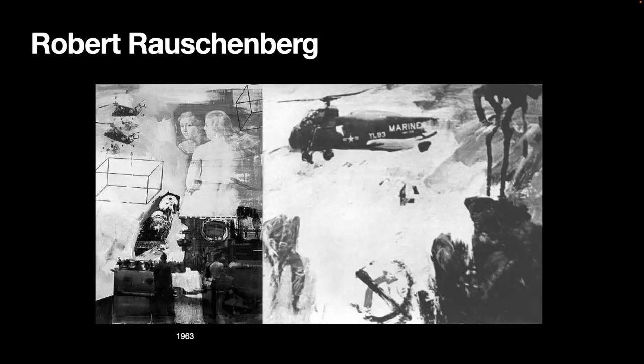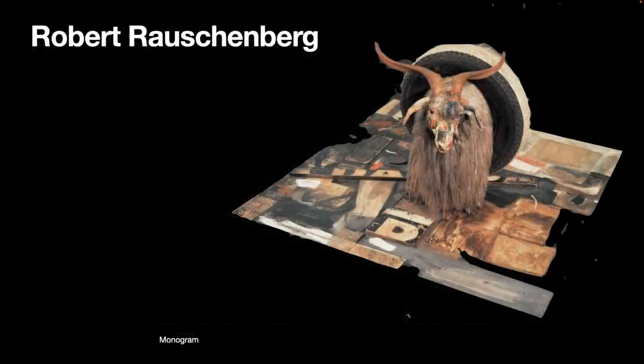By the end of 1953, he had begun his red painting series on canvases. We're going to take a look at one of the beds that he does, a painting called Bed. He also began to use silkscreen paintings in 1962 in his first retrospective at the Jewish Museum. This is a painting. This next piece is a sculpture and collage called Monogram, made between 1955 and 1959, and